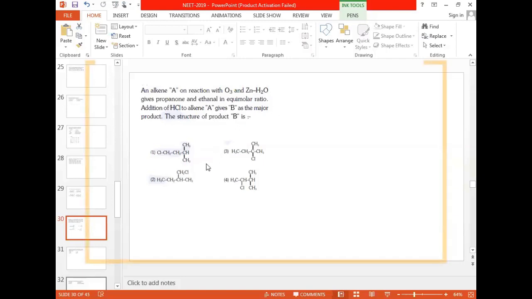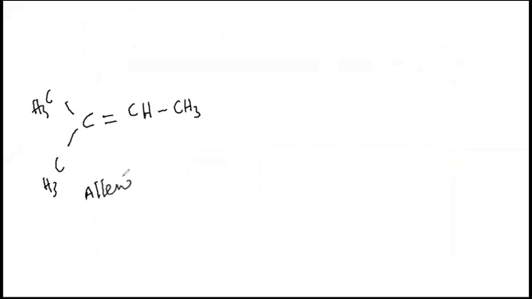See which alkene will give these products. Now here they give some products. The structure of B is given. Now we are going to do a trial with the alkene. I am going to take one compound, that is C double bond CH CH3, with CH3, then CH3 like this. Is it an alkene? Yes. This alkene is reacting with O3.